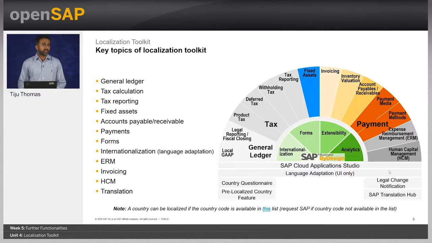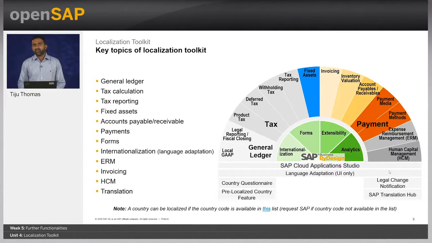To localize a new country in SAP Business ByDesign, you need to create the country and define the new accounting principle in the general ledger in the add-on created. A few of the topics covered under general ledger are country activation, accounting principles, chart of accounts, financial reporting structures, set of books, etc. With respect to tax calculation, we already saw in the previous units that SAP offers tax basic content in more than 115 countries.